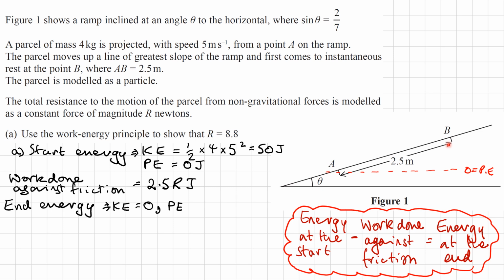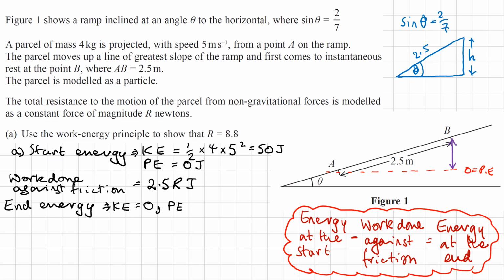So for the potential energy, we need to see how much height has been gained. So I need to work out what vertical height increase there's been, and this is just going to be a little bit of trigonometry. So I'm just going to draw a triangle up here. I'm trying to find this distance here, which is the height that it's increased, the vertical height. I know that this is 2.5 and this angle is theta,